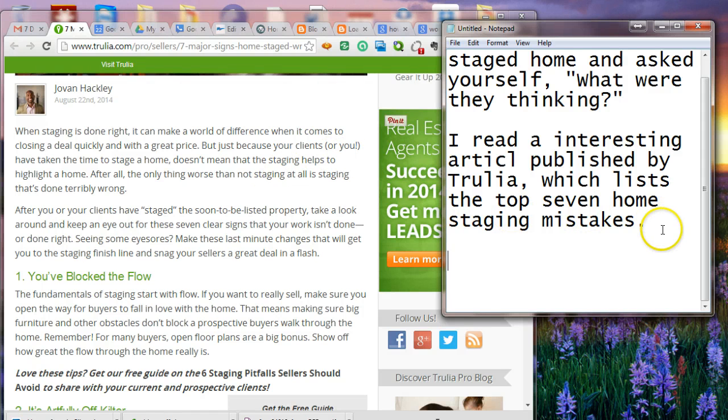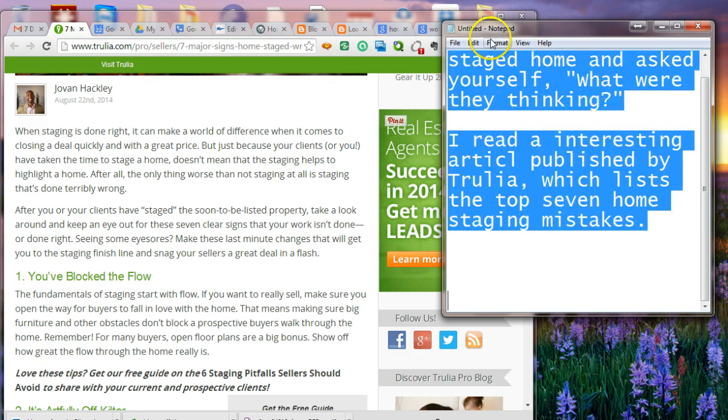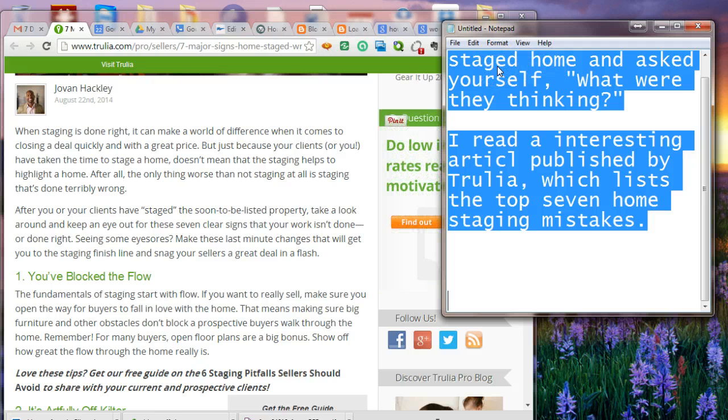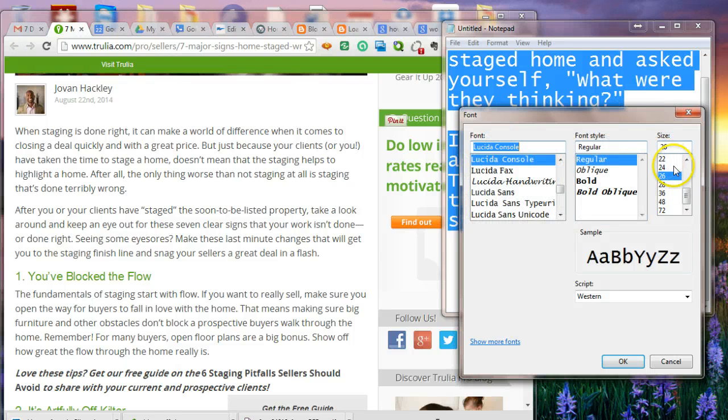Right now I'm just referring to the article. Let me make this a little smaller so I don't run out of space. I'm just referring to the article, and I'm going to